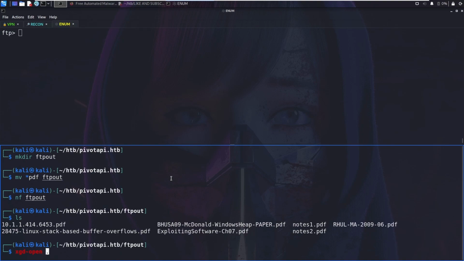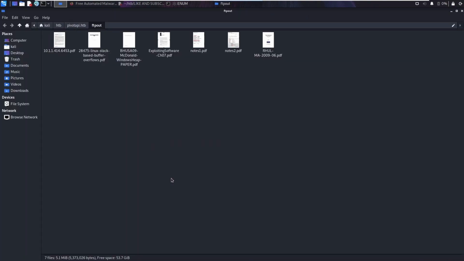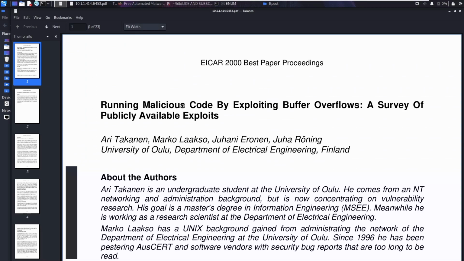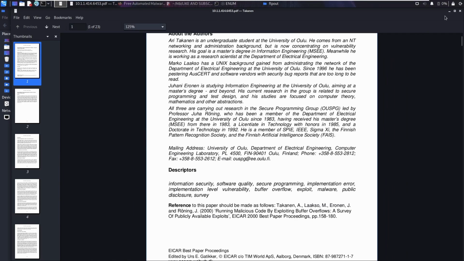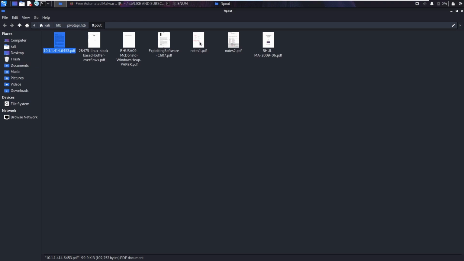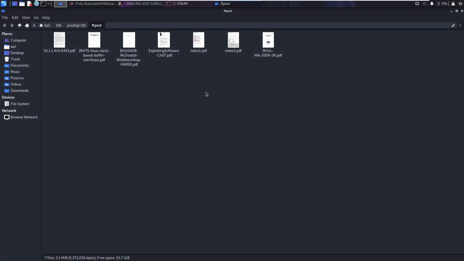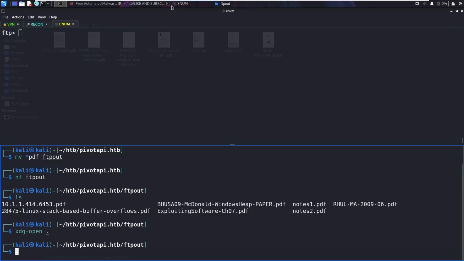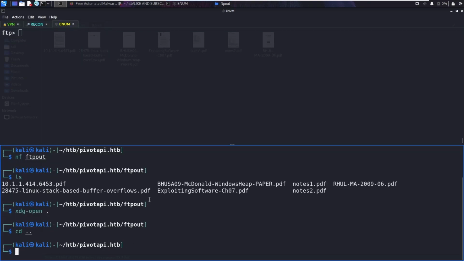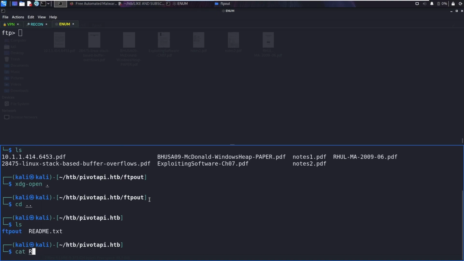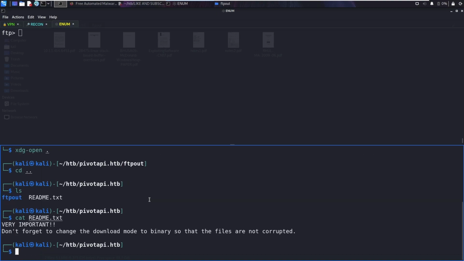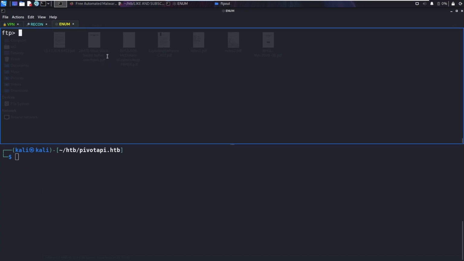xdg-open to open the current directory in Nautilus. Okay, we can see here there are some PDFs. Basically, just some technical PDFs, nothing massively important in here. We can see there are some notes and bits and pieces. Again, nothing really to look at. We did actually miss a file when we moved those files. If I cd back one, we should see there's a readme in there. If I cat the readme, you will see that it says very important, don't forget to change the download mode to binary so that the files are not corrupted. Now, we'll refer to that later, but for now,